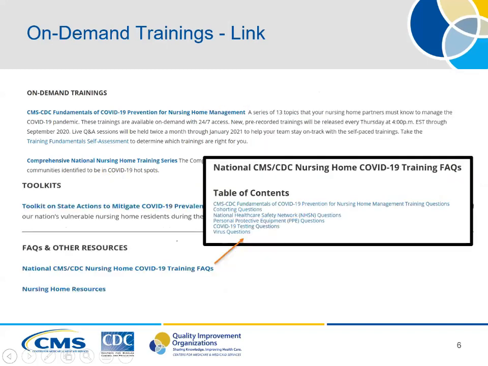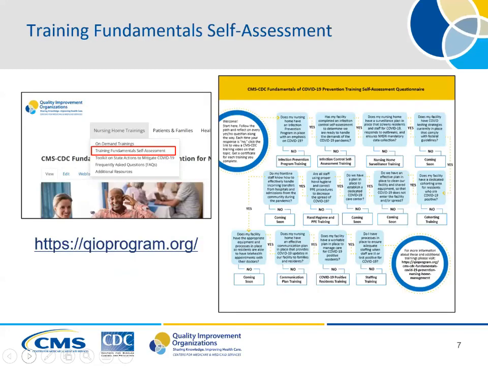The On-Demand Trainings link is also where one can find the toolkit on state actions to mitigate COVID-19 prevalence in nursing homes, in addition to the FAQs documents that answer a variety of questions previously received on some of our trainings. Please be sure to look at those FAQs as they contain guidance that will help with questions ranging from NHSN questions to COVID-19 testing. Next slide, please. Now, if you're not sure where to start in your training regimen, use our interactive Training Fundamentals